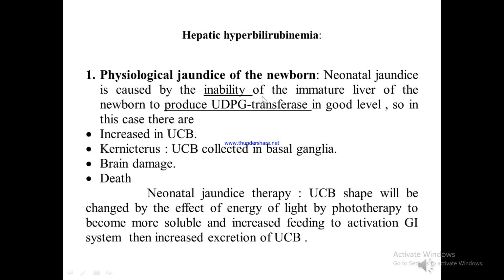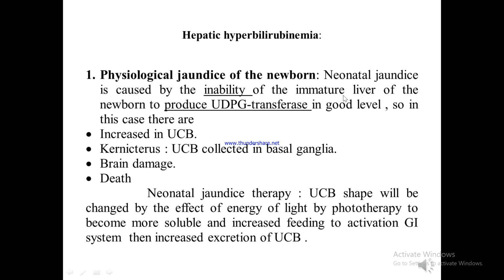Neonatal jaundice is caused by the inability of the immature liver of a newborn to produce the uridine diphosphoglucuronosyl transferase enzyme. This enzyme is responsible for converting unconjugated bilirubin to conjugated bilirubin. This enzyme is found in a newborn in low amount or low level or low activity because